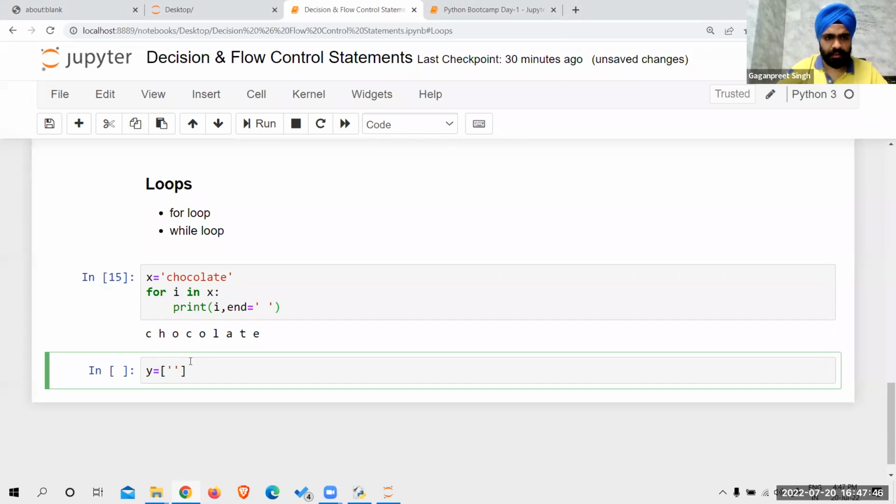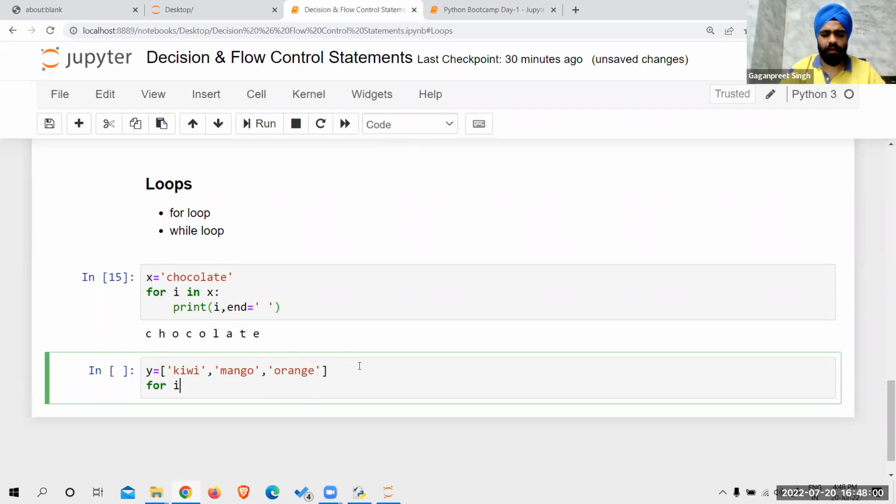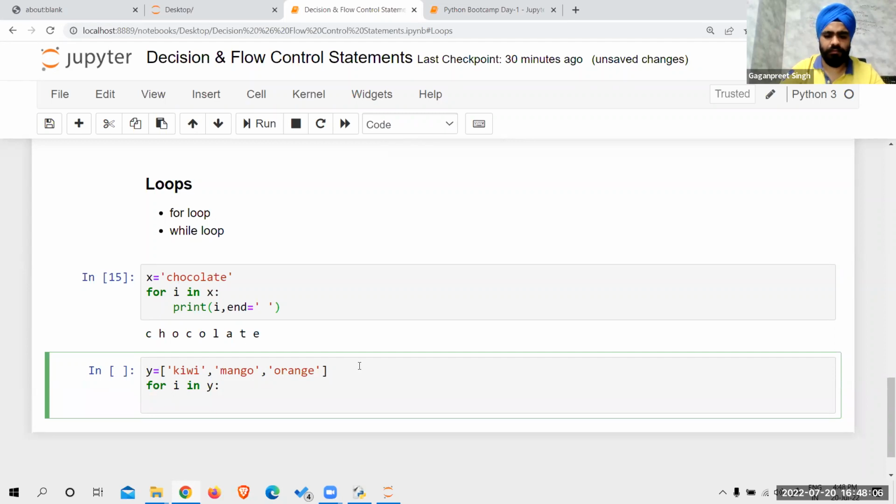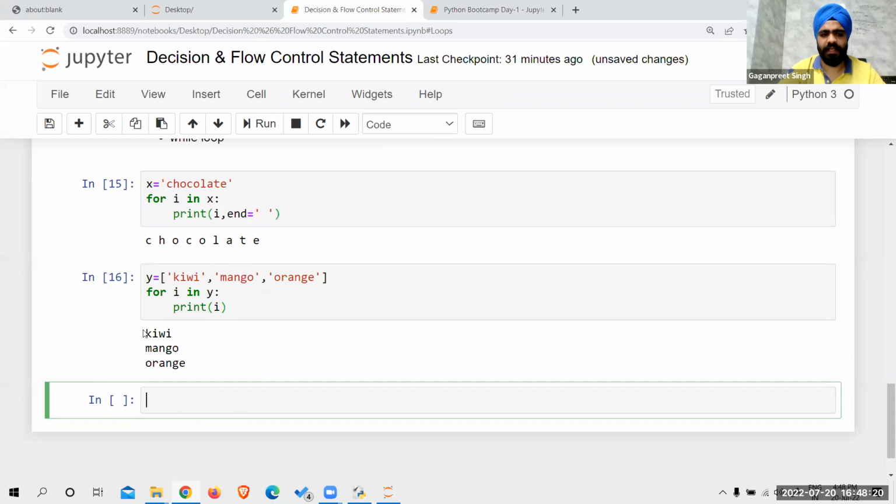Chocolate, and in this I'll write, let's say, kiwi, mango, orange. For I in Y. Instead of I, you can write anything you want. Print I, sorry. You need to write this variable here. If you write Y, then it will print the list only 3 times. So here you can see I becomes kiwi first, then mango, and then orange. Similarly, if we have a dictionary,